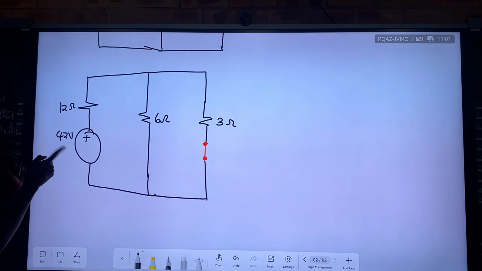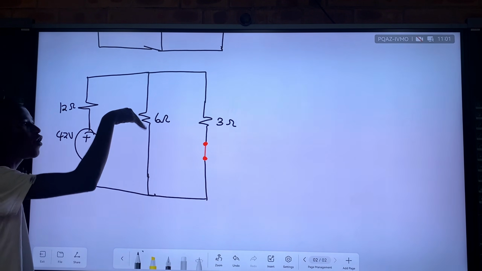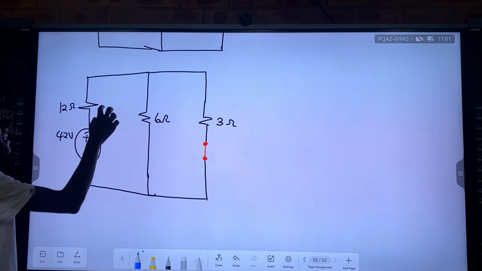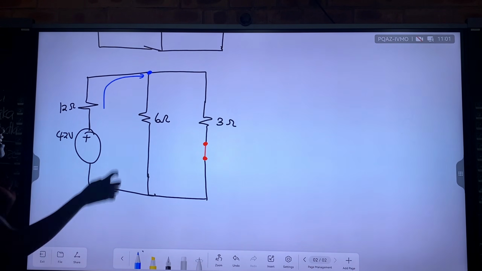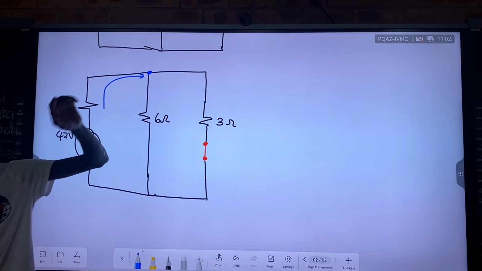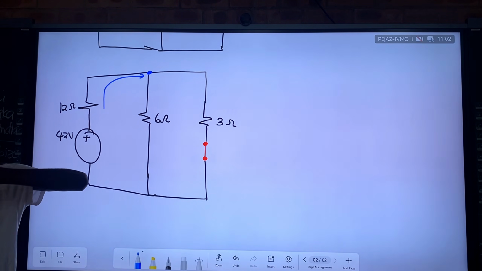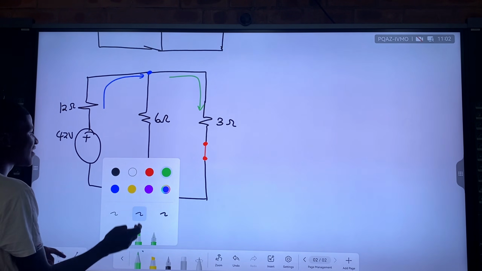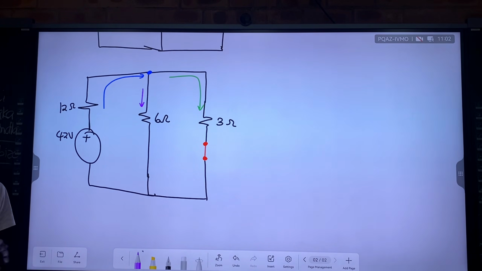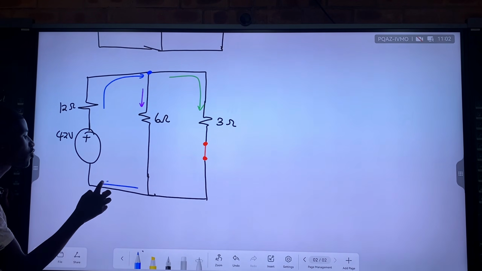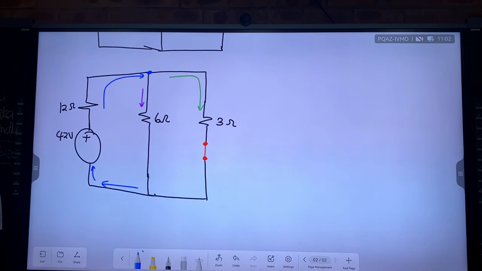So the only voltage source remaining in the circuit is 42 volts, producing a current going to the 6 ohms and the 3 ohms resistor. Because the current that leaves the 42 volts is the one that will come here, and when it reaches here, it experiences a parallel branch. When it reaches a parallel branch, it is forced to split, such that some of the current goes to the 3 ohms resistor and some goes to the 6 ohms resistor. That current will recombine here and form the total current again, which will be back to the 42 volts power source producing it.